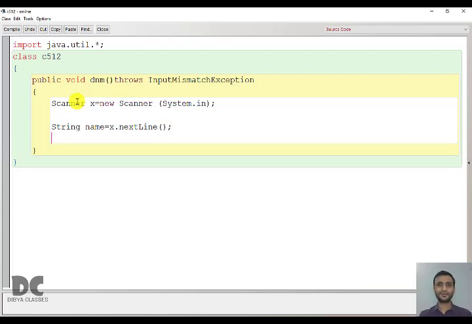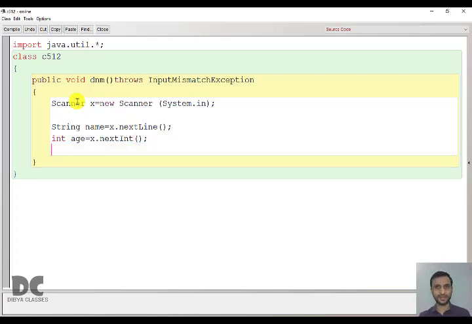For age, we'll take int, x.nextInt(). How to input experience? Here you have to ask the user if he is experienced or not. Before taking input, we take a print statement. We'll ask the user, enter name and age of the employee first.